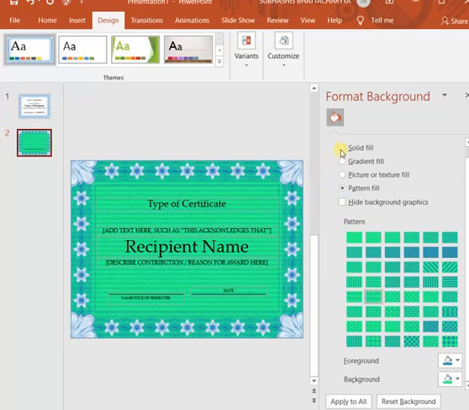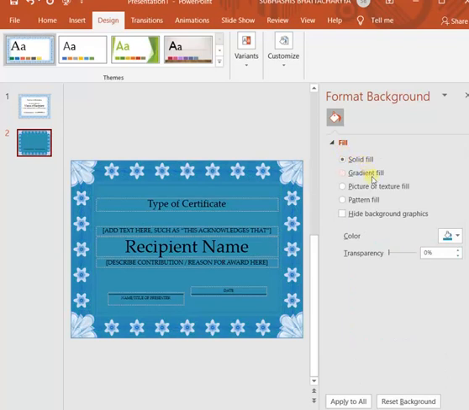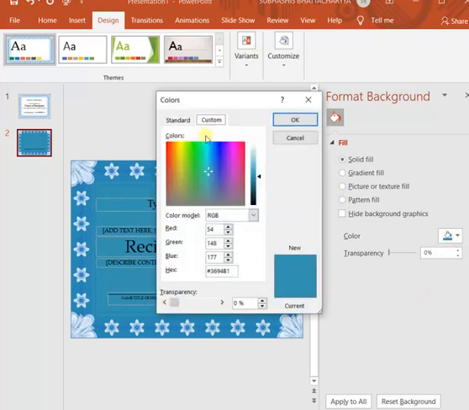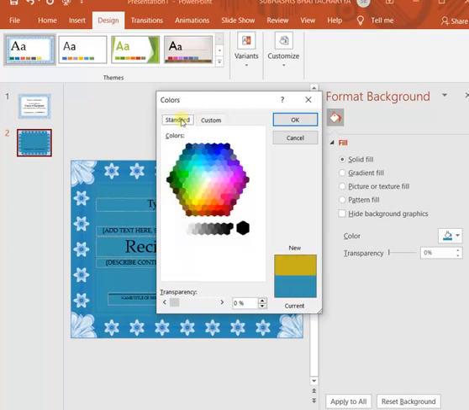Now if you again come back to solid fill, and if you are not satisfied with these colors, you can choose your own color, make your own color from this more colors option. From this more colors, custom is there. Either you can mix colors from here, select colors by clicking on any position. Whichever position you select, that will be shown in this preview portion here. And one is standard. Standard is only from this many colors you can select any one by selecting any hexagon icon.